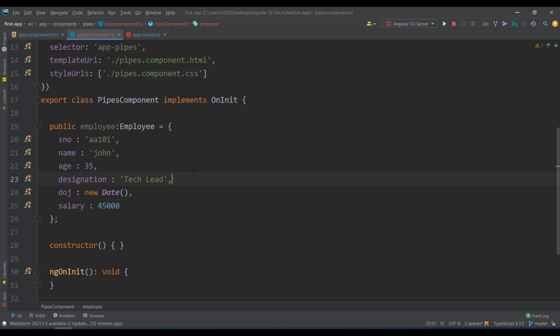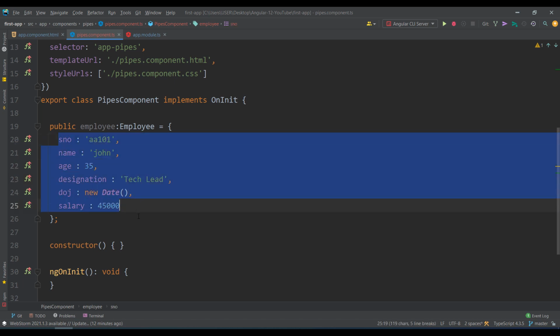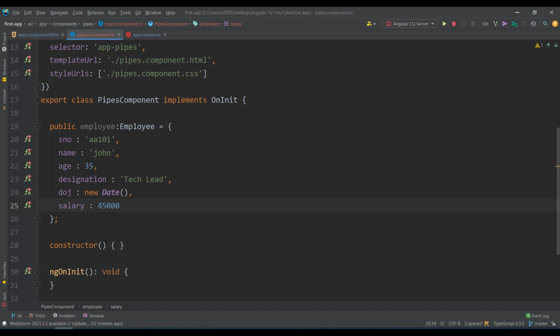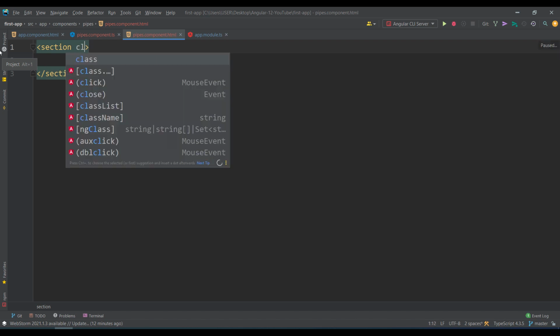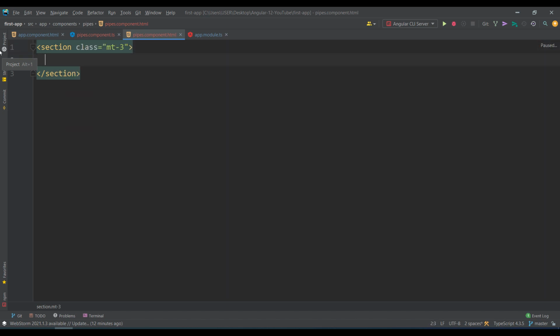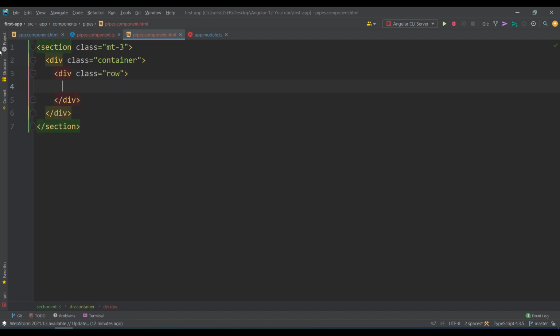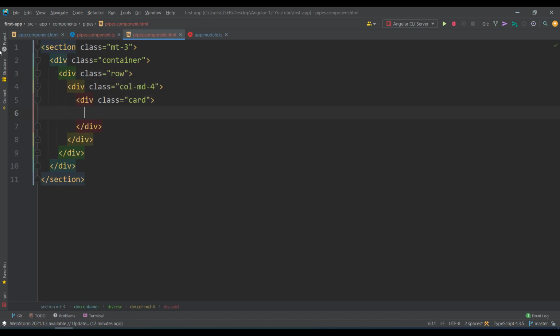So now I have an object, and this object you can display as it is, or you can transform it using Angular pipes. So here, let's design a section. We just take a card and then we'll print all the things. One container, one row, a single col-md-4, one card.